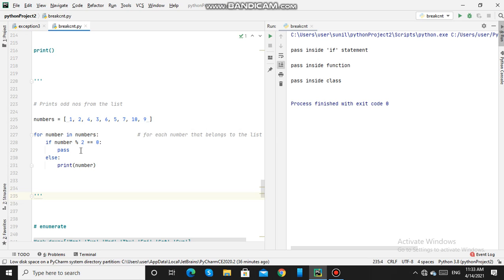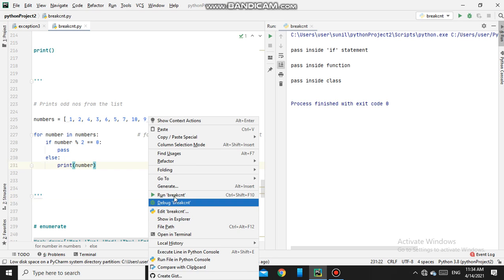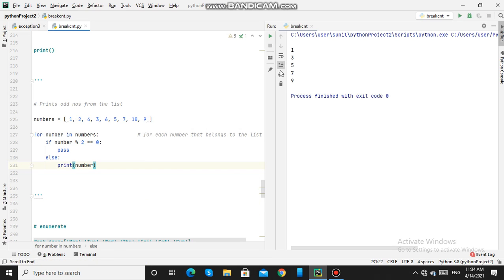Pass means it will do nothing. And if it is an odd number, it will come to this else statement and print the number. So it will print all the odd numbers from this list. So it has printed the odd numbers from this list of numbers. When it is an even number, it will pass.